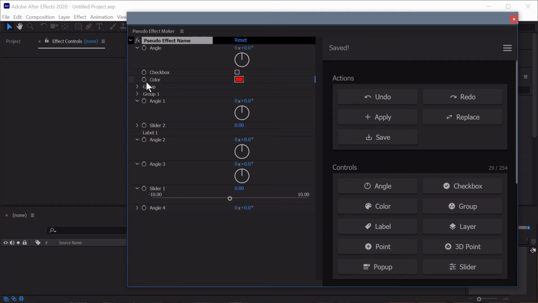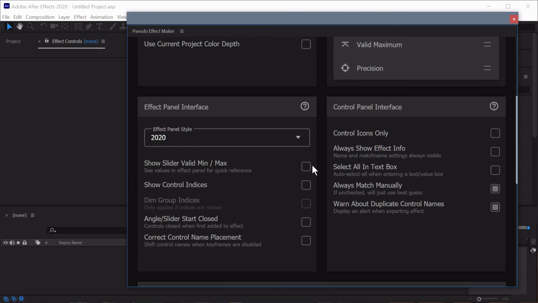However, within After Effects, when there are no keyframes for a control, the name actually shifts to the left. So that's what this preference is referring to. It changes between more accurately representing what it will look like inside of After Effects or making it easier to work with within the Pseudo Effects Maker. So when it's turned off, we can easily toggle keyframes on or off directly inside the Effect panel. When that's turned on,